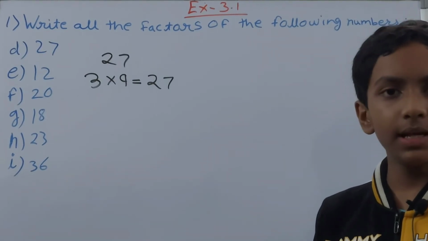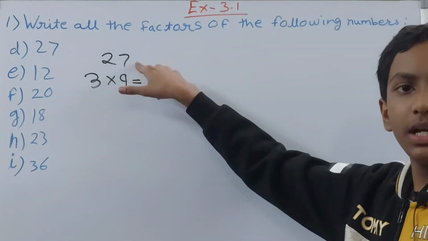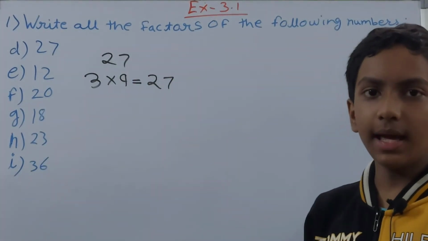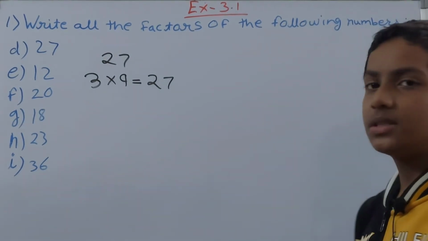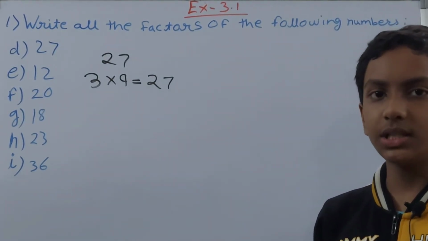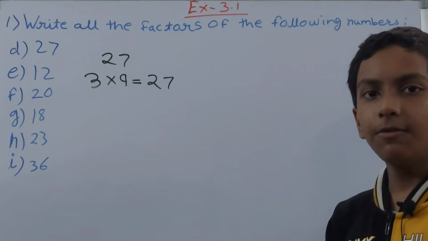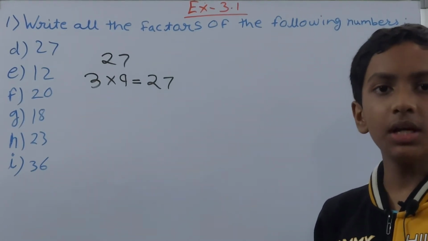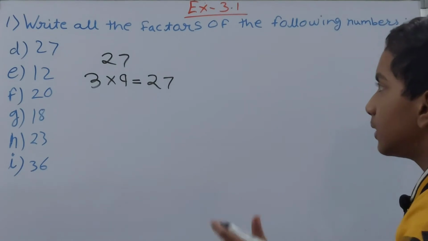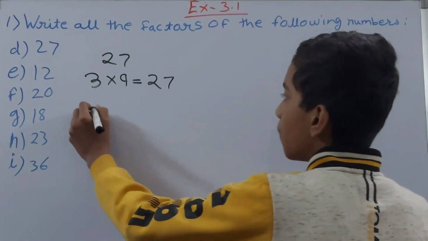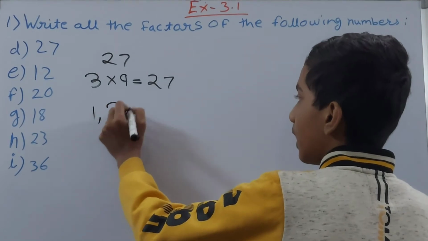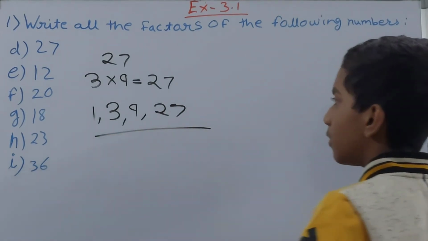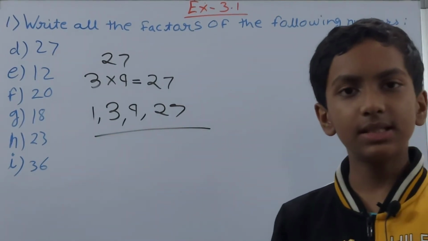And also for 10, the digit at ones place should be 0, not even 5. It should be 0, but here it is 7, so we cannot take that. 11, 11 ones are 11, 11 twos are 22, 11 threes are 33, again 21 is missing. 12, 12 ones are 12, 12 twos are 24. So like this you can keep on counting, but there are no more factors. So that means we have found the factors. What are those? 1 and 3 and 9, and one thing more, the number itself, 27. So these all are the numbers which are factors of 27.